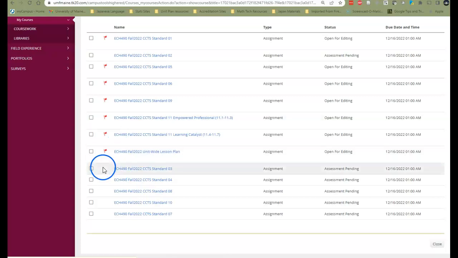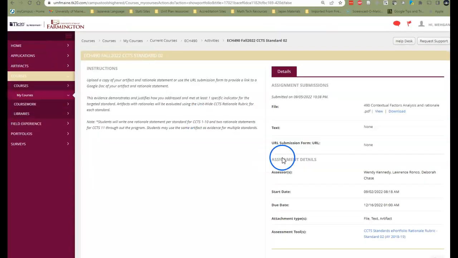So if there isn't a flag next to the assignment, that means that you uploaded something. So if I look, for example, at standard 2 and I click on the blue link here, you'll see that there are some blue links. You have 490 contextual factors analysis and rationale. So I'm going to click download,